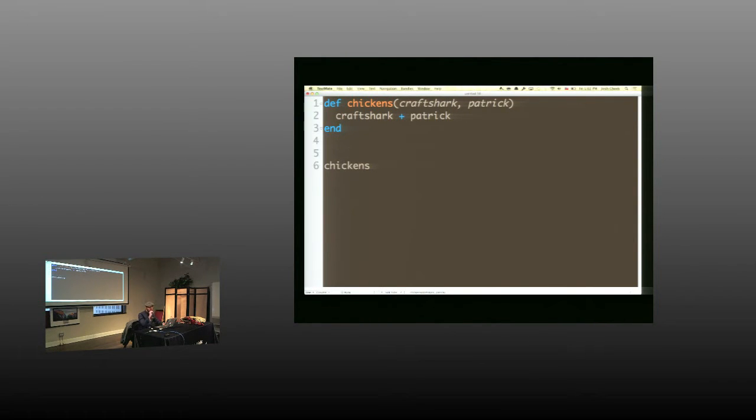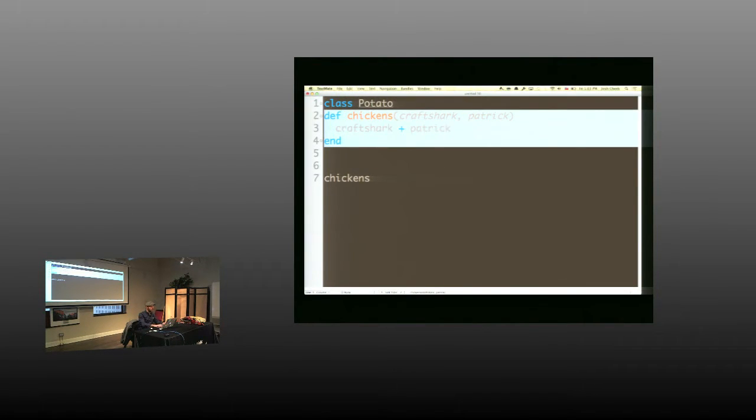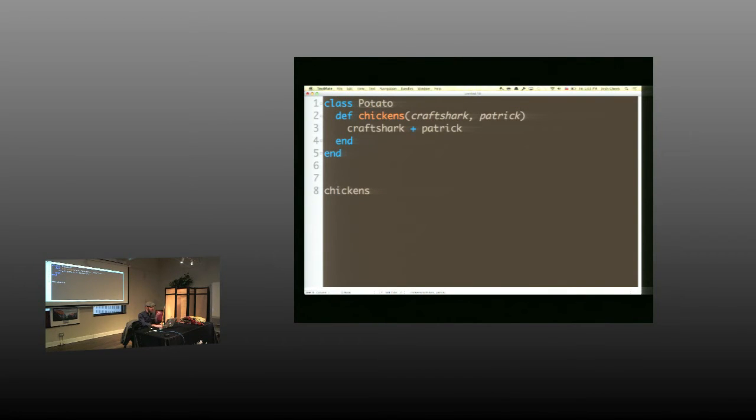We'll stick that inside of, I need one more noun. Somebody on this side, give me a noun. I'm gonna throw things. Potato? Okay. So we got a potato, which of course naturally has the chickens method that receives the craft shark and the Patrick.